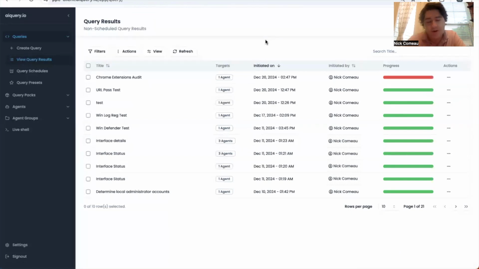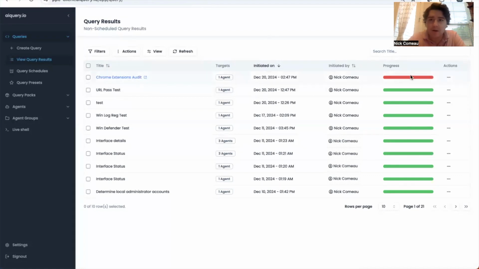This one is super short, and it deals with everyone's favorite topic, error handling. Obviously, it's a joke, but it is important to understand what happens if you do get a failed query. How can you assess the reason for failure, and what actions can you take to rectify that? So we're going to walk through that here today, and we'll use this Chrome extensions audit that I have right